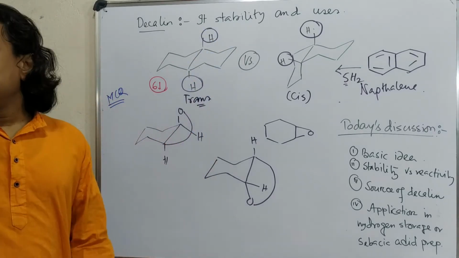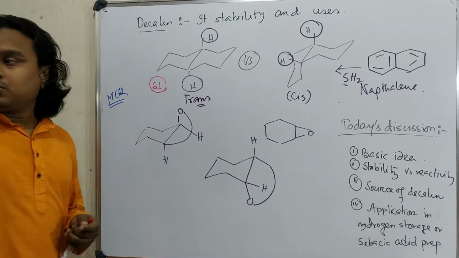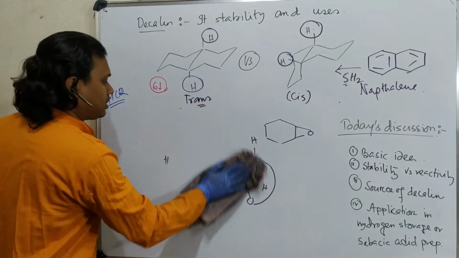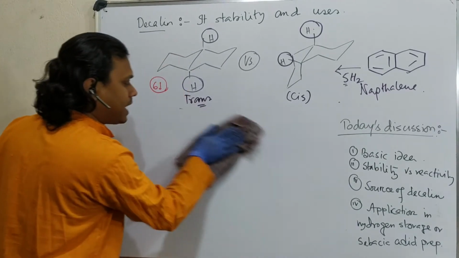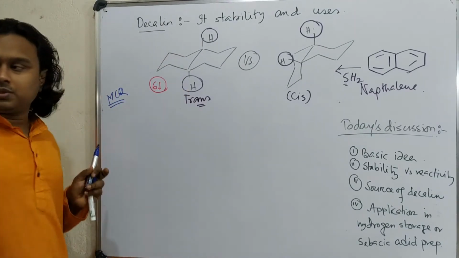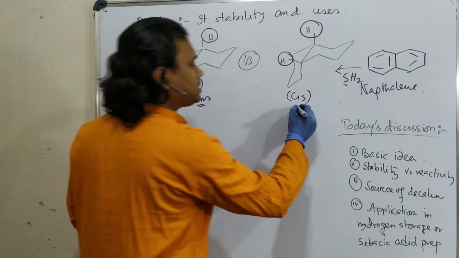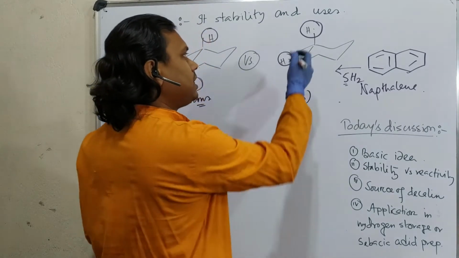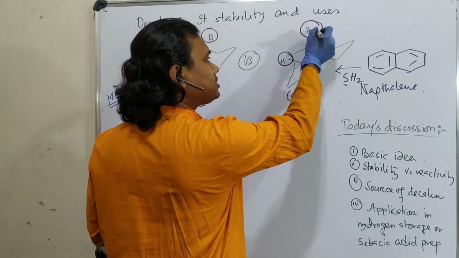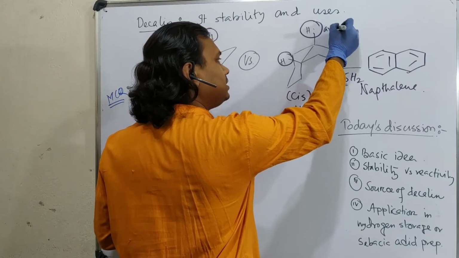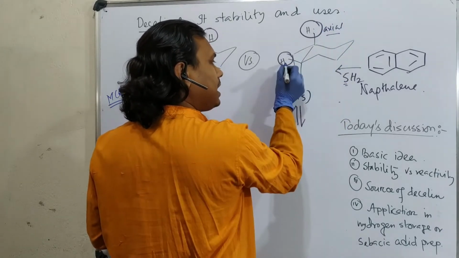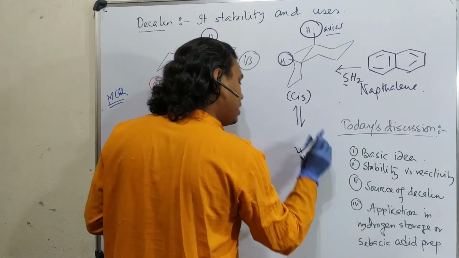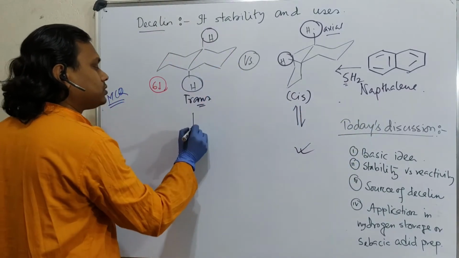Now question is this. Now question is, is rotation possible? Means we know that cyclohexane can flip and cis-trans conversion is possible. Is it possible? This is possible. So actually this is very rapid, in the second step this hydrogen, it is right now axial, in the flipped structure it will be equatorial, and this is equatorial, it will go axial. Okay, the same thing. So possible, but in this case it is not possible.